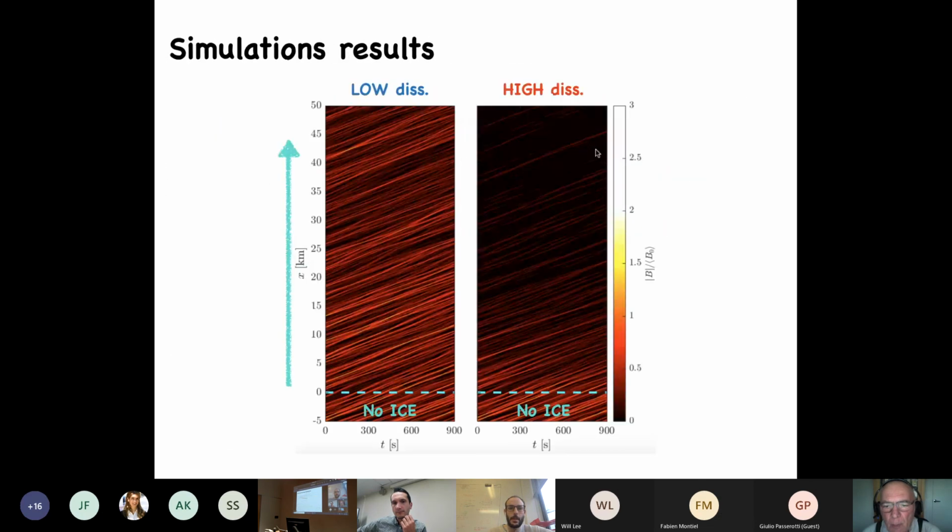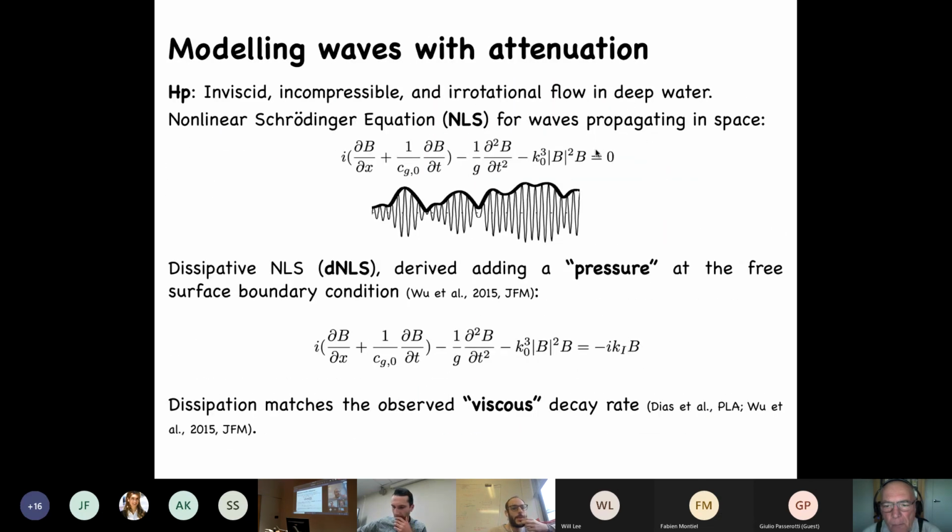The equation that I've used, this one, is a fairly standard approach as reported by many in the literature, in which this kind of dissipation